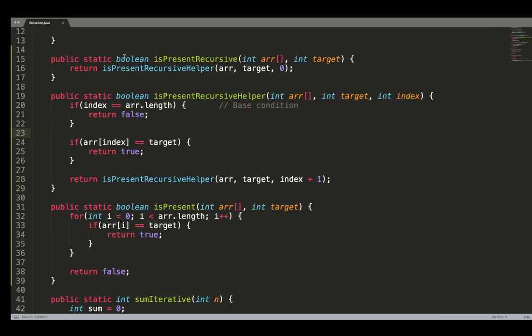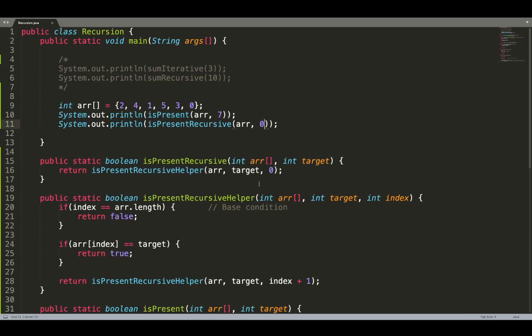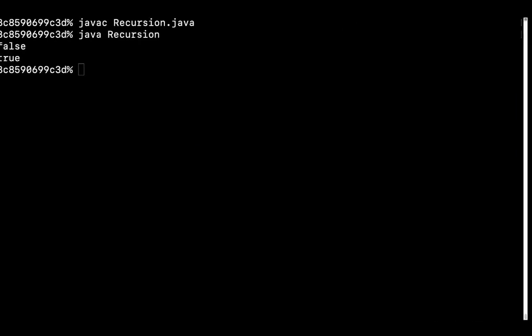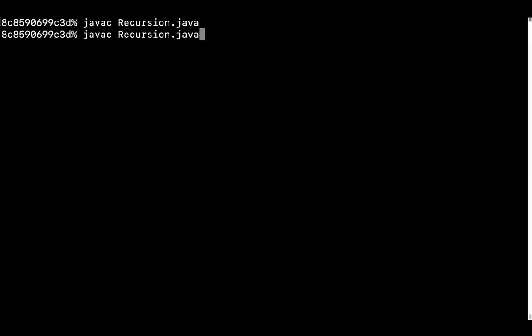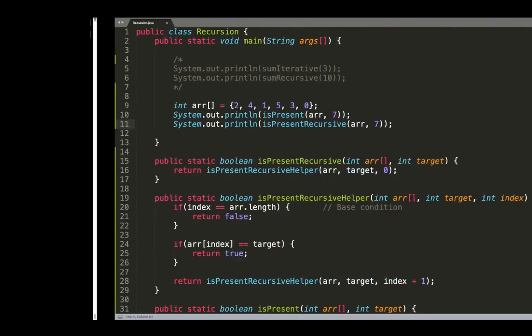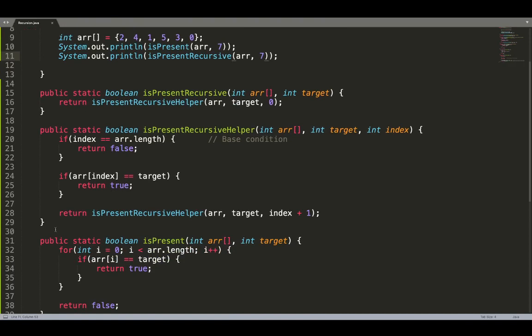So it is still returning true, which is expected for 0. Let's search for 7. Now it should return false if our logic is correct. Yeah, so it is returning false. So as you can see, by flipping the recursive call with the processing of the current element, we are able to reduce the branching in the code. Branching is basically how many if conditions, how many deciding conditions are being introduced in the code. So by flipping these conditions around, we can make our code